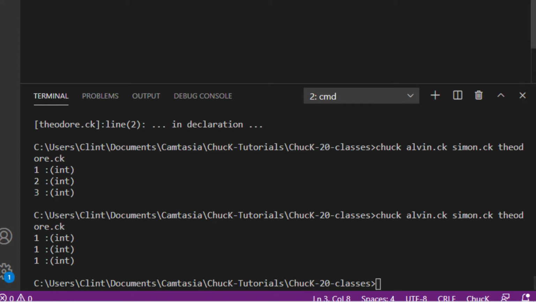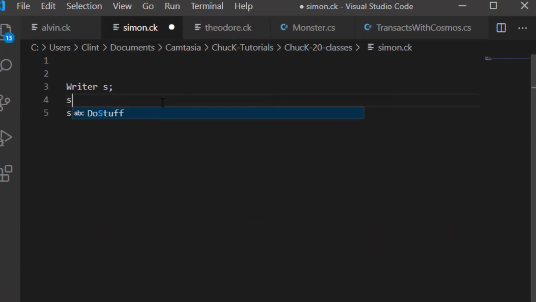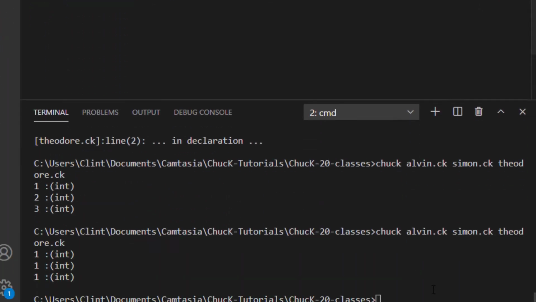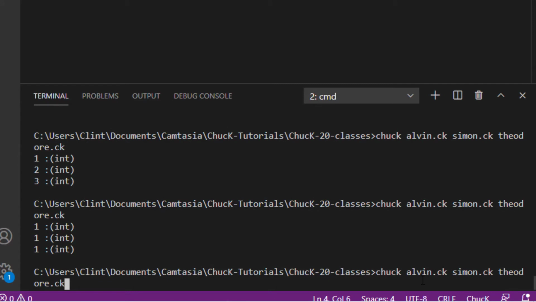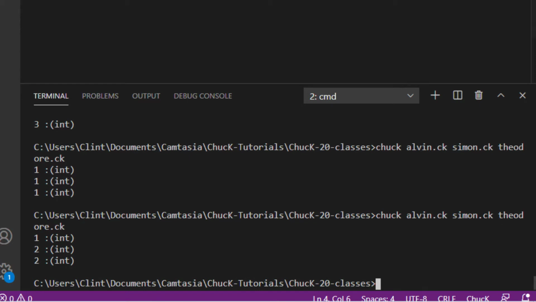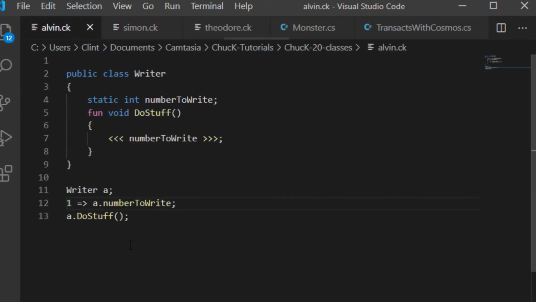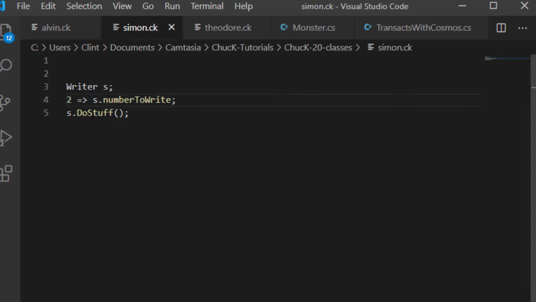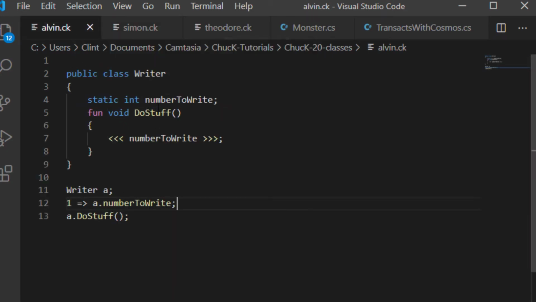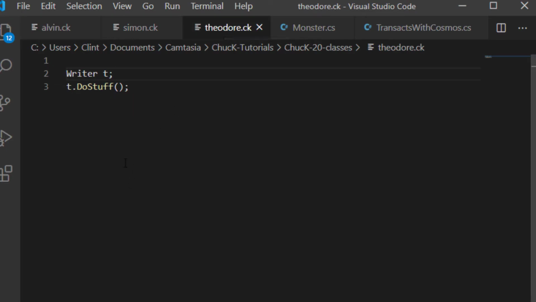Now let's do s dot number to write, and we're going to chuck 2 to that. What are you expecting to happen right now? 1, 2, 2. So what happens is it calls Alvin, it sets the number to write to 1. Simon comes in, changes the number to write to 2, and then when Theodore gets it, the